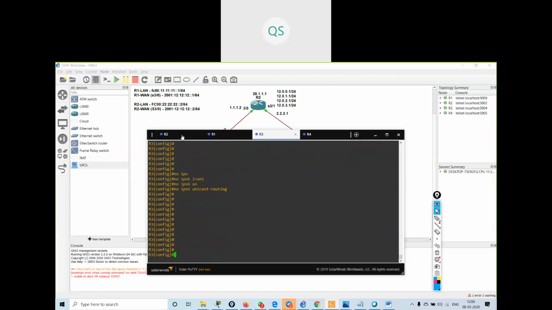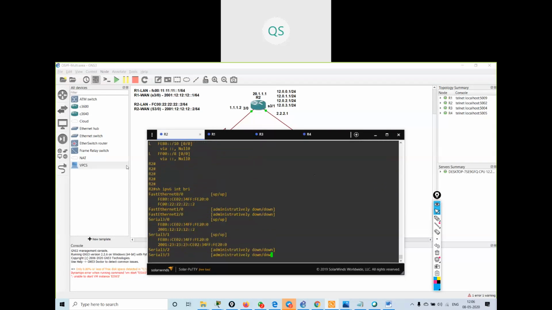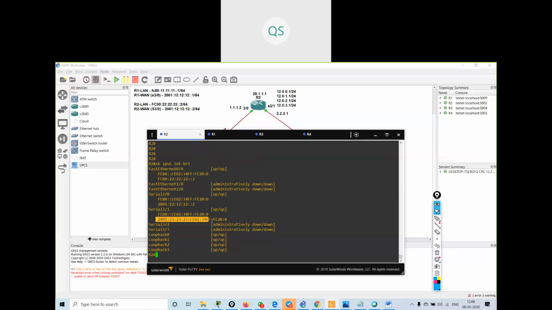On R2 I have the serial interface 3/1 configured with this IP address, with the MAC address. Now I will tell it that it should get this 64-bit prefix, and the last 64 bits will be my MAC address, or you can say EUI-64 format.